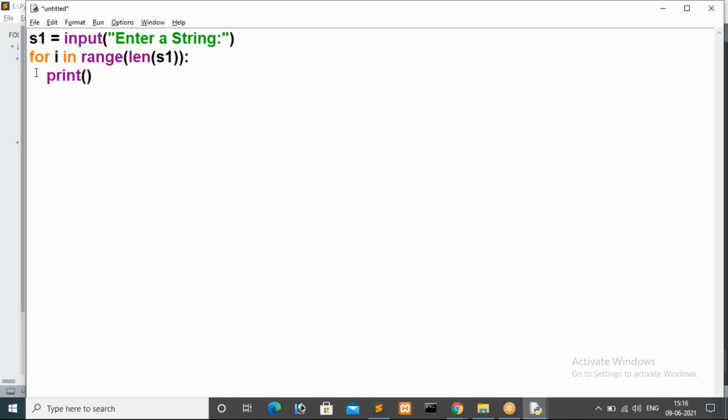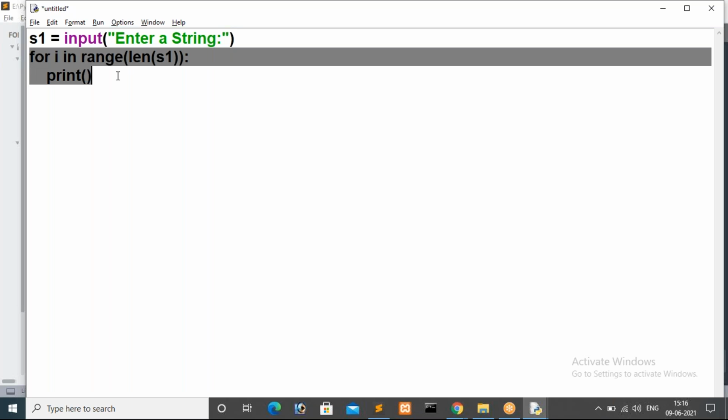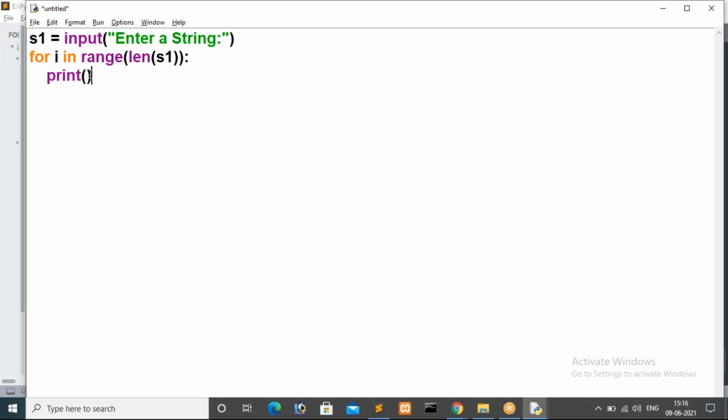Just assume in the first iteration I have an index position that is 0 inside I. Based on that, I want to find the 0th character of a given string. So I is 0, I mean I have a value that is 0. That is fine, but I can't keep I here. By using I, I want to print the string's 0th position.